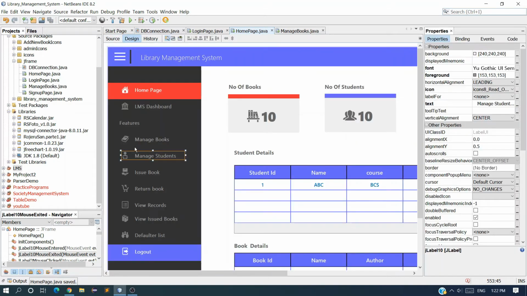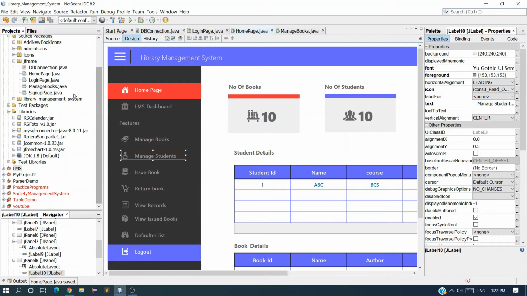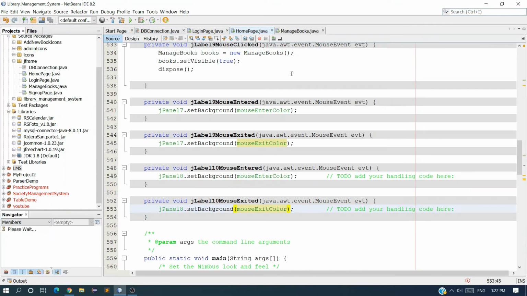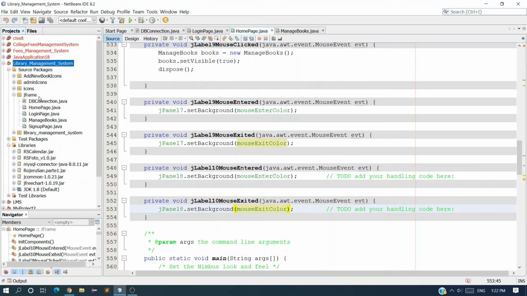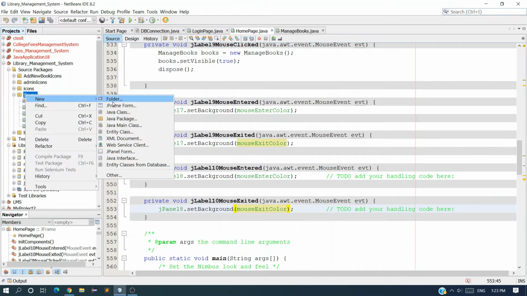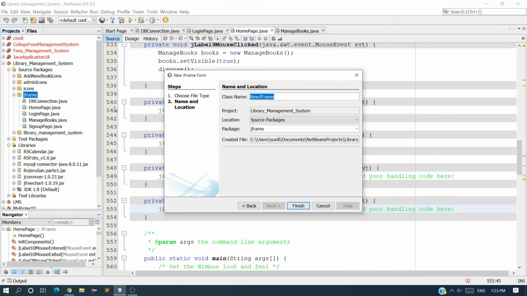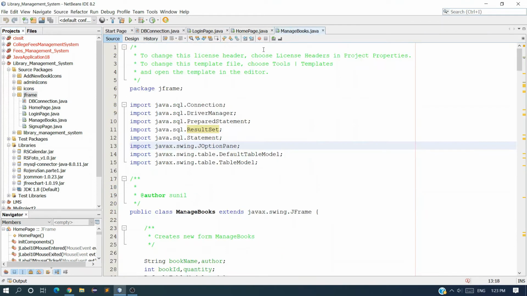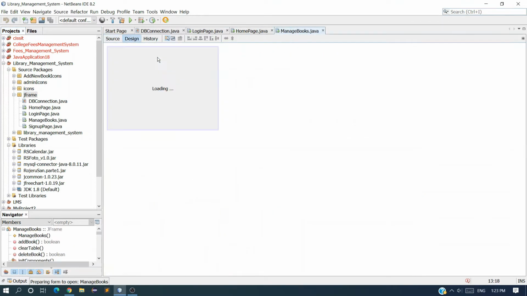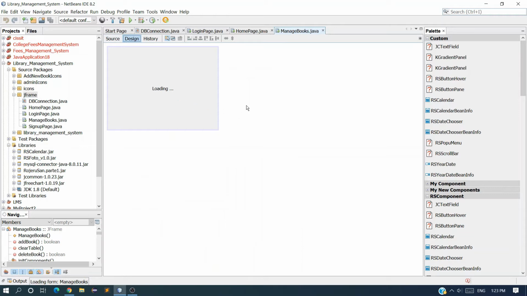Now we have to just create a frame to design this manage student page. So this is our project library management system. Inside frame, create a new JFrame form. We have already created this manage book frame. You can see in the previous video we have created this frame.